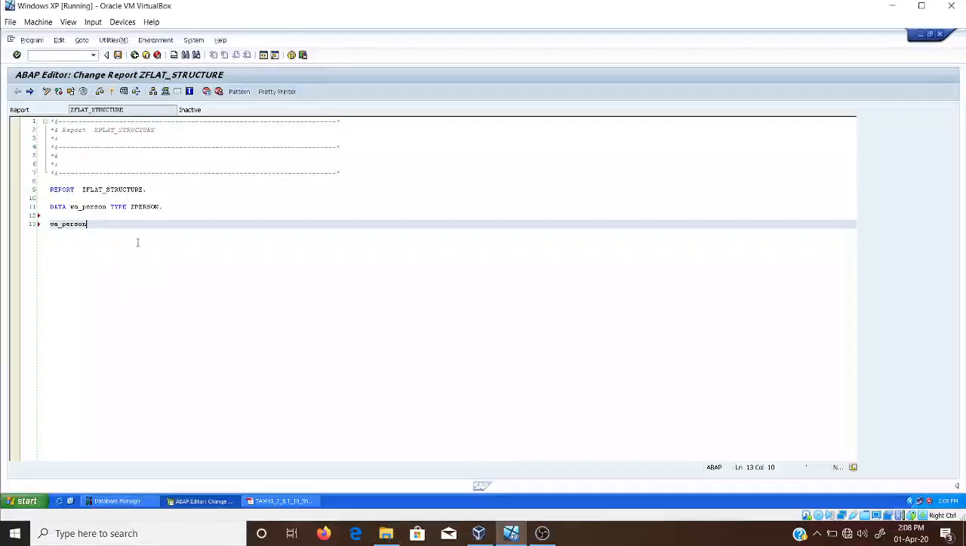We want to create here the work area. We can create this work area that I already said, data w underscore person, then type z person. With the help of this work area we can address the component of structures, and this addressing of the component is done with the help of work area w underscore person, then